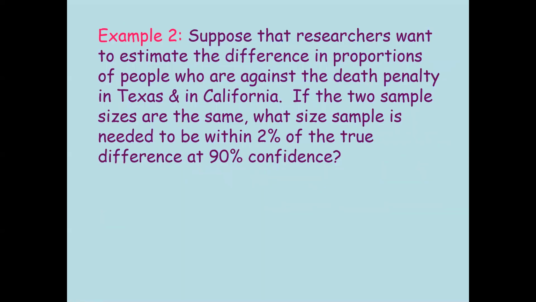So suppose the researchers want to estimate the difference in proportions of people who are against the death penalty in Texas and in California. If the 2 sample sizes are the same, what size sample is needed to be within 2% of the true difference at 90% confidence? Well, 2% as a decimal is 0.02 equals, if we're at 90%, a z-statistic of 1.645